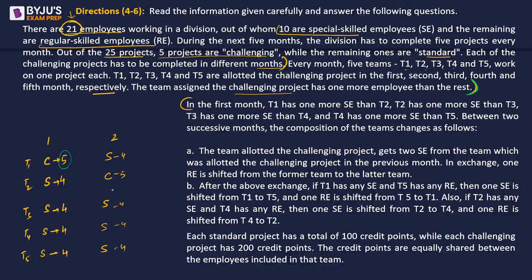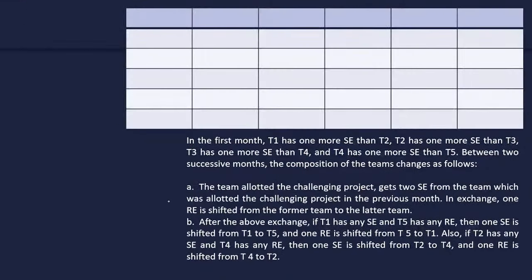So now let's prepare a table for up till this part. Up till this part के लिए table prepare कर लेते हैं. So horizontally I'll be writing T1, T2, T3, T4, T5 teams, and then first month, second month, third month, fourth month, and fifth month. Okay, this is how the table will look like. सही है? तो ये वाला पोर्शन अभी टेबल में इंसर्ट कर लेते हैं. So I have made an empty table for all of you. ठीक है, empty table सबके सामने है. And one second, इसको fill करने के लिए यहाँ पे लिख देते हैं.